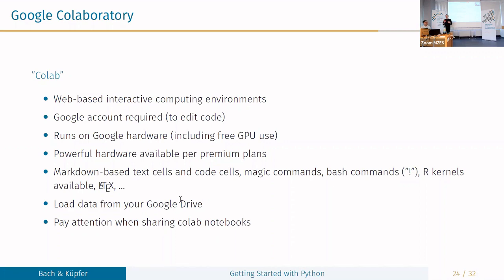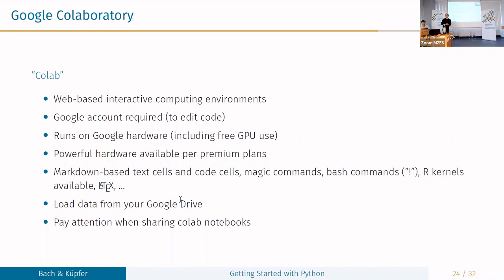And what you get is, you don't run the code on your local machine, you run it on a virtual machine that runs on Google hardware. So you don't use your own computer, you just have an interface to a virtual machine that is running somewhere on Google's hardware. If you worked with virtual machines before, this is somewhat similar to that idea.